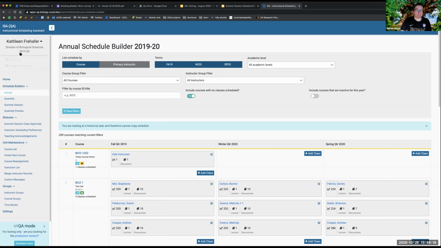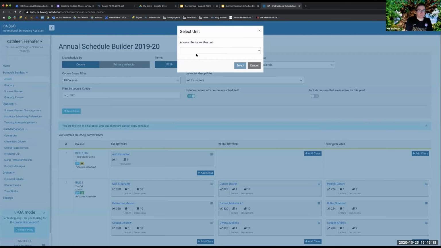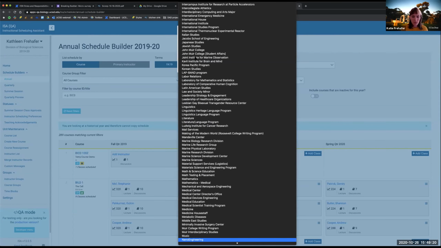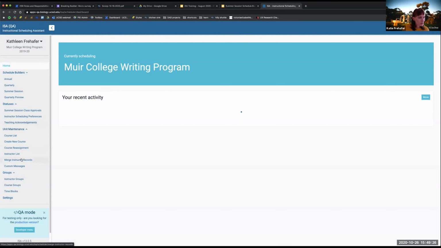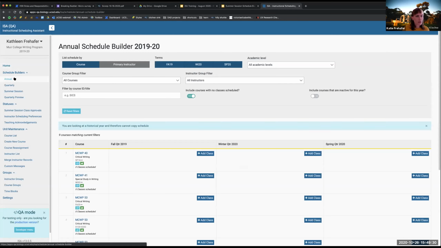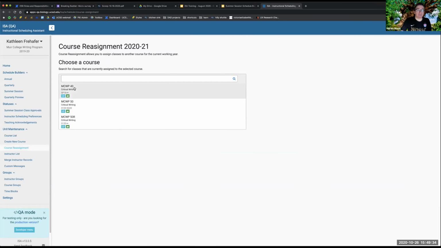MCWP. Let me see if I can actually find your unit, because then it might be easier to use the real thing. What's the name of the course you're talking about? MCWP 40 and 50 and 125. I think it might be all three. Definitely 40, definitely 50.